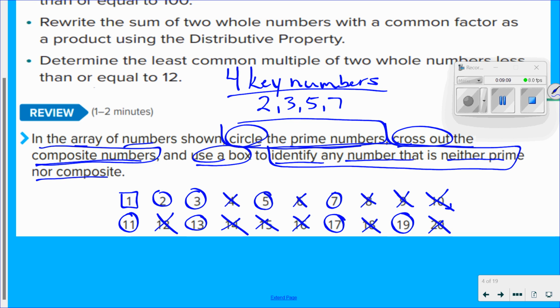Let's try another number. Let's pick one that most of you may not realize. Let's go with 51. Can I divide 51 by 2? No. Can I divide 51 by 3? Yes. How do you know? 51 divided by 3 equals 17. How do you know that? Does anybody know the trick to figure it out quickly? You take the 2 numbers, and 51 has 5 and 1. So you add them together, and you get 6. And if 6 is able to divide by 3, then that is